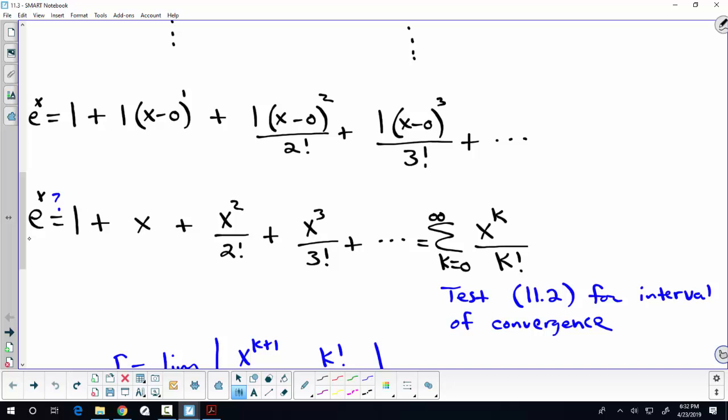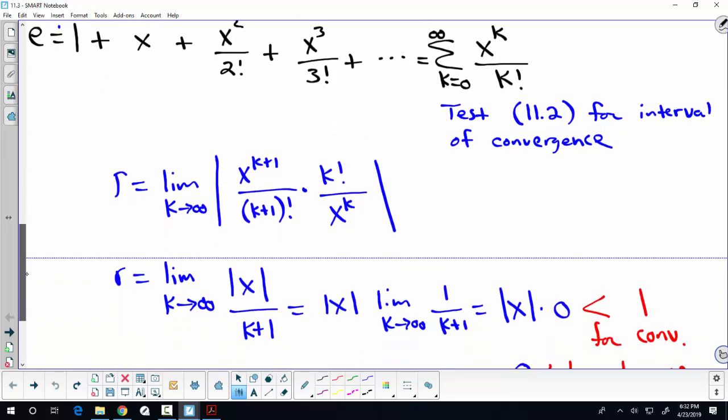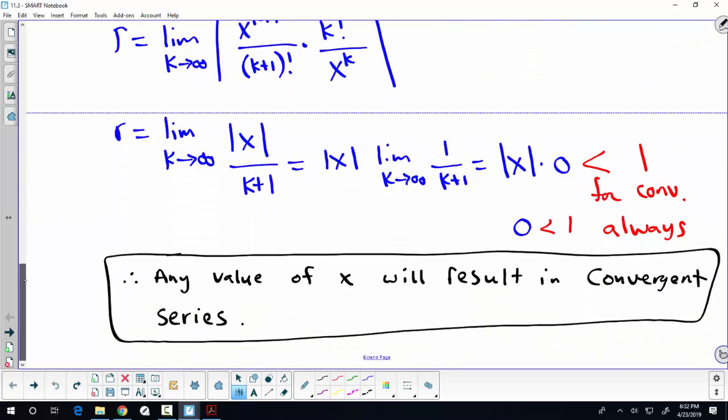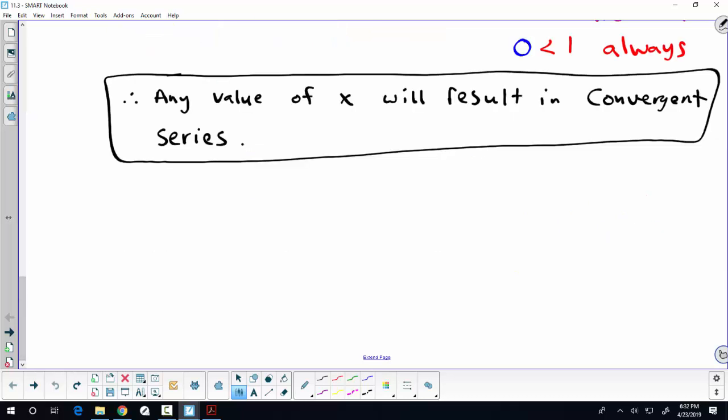We know that represents the function e to the x, but for what values of x does it actually represent it? We default to methods from 11.2 and test for the interval of convergence. We use the ratio test, and the ratio came out to be the absolute value of x times 0, and for convergence it had to be less than 1. That is always less than 1, so any value of x results in a convergent series, meaning